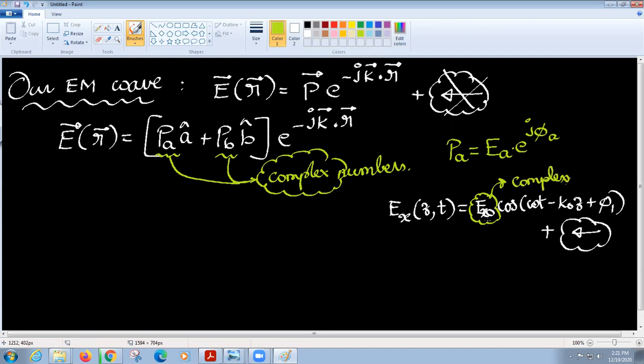Okay, that means this is complex amplitude. That means I can show in polar form both in magnitude as well as phase. I can show that, and I can contribute this phi1 as the initial phase for this. Similarly, whenever you see this kind of components, you can treat them as complex numbers. So PA is